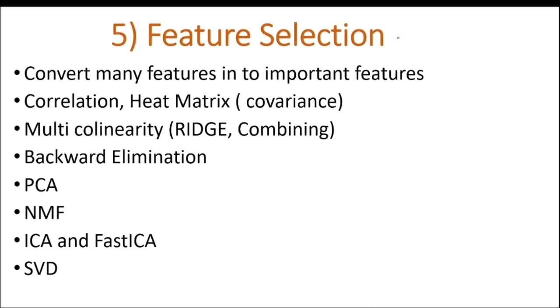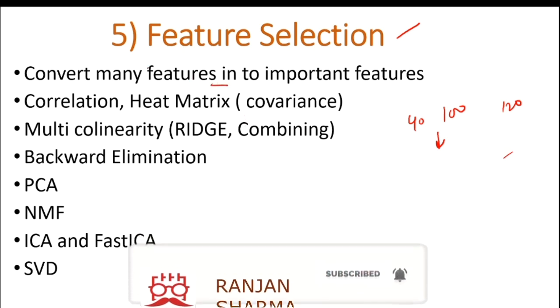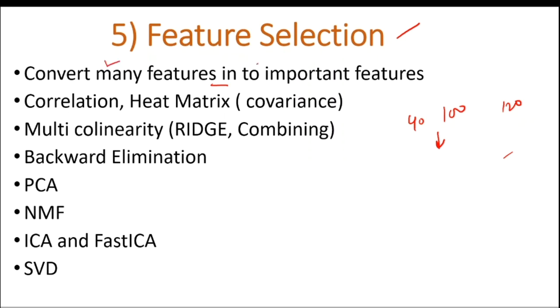This is a very important pipeline, because in a general, official, practical environment, we have many features. We could have 40 features, 100 features, 120, and after applying one hot encoding and dummy variables, this number can go up to 200 or beyond. So we have to convert many features into important features. We have to select some important features, like 5, 10, or 15 features. We cannot go beyond this. There are many techniques to select the important features, because we have a term: garbage in, garbage out. If we feed garbage to the model, the output will always be garbage.